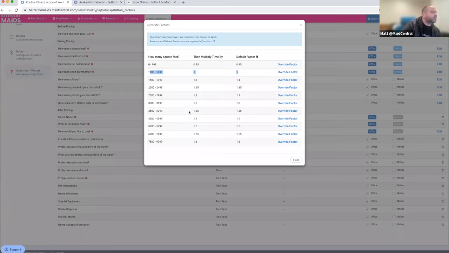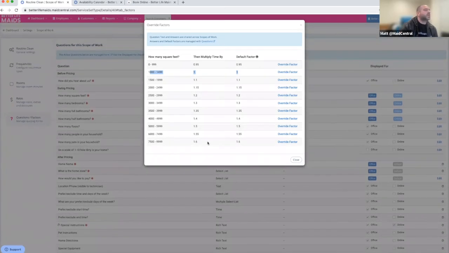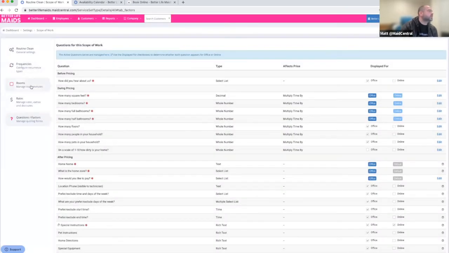20% more, 30% more, 35, 40, 50, 55, 60% more for these frequency factors. So my pricing per room is based on a 1,000 to 1,500 square foot house. So whatever your default of 1 is, what you have to think of as your room